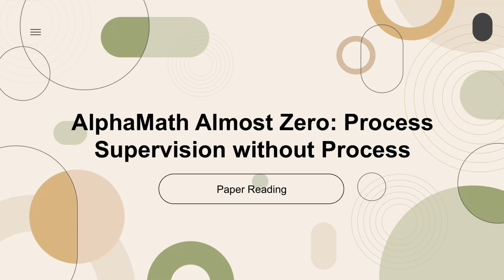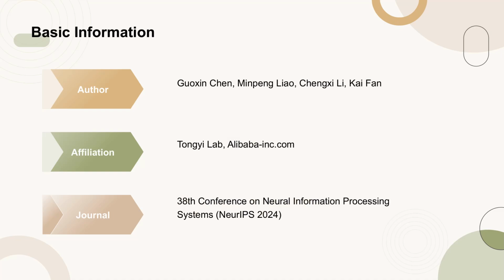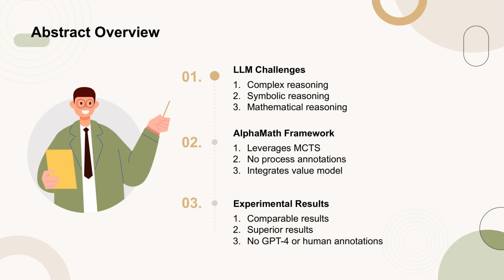Today's paper is titled, AlphaMath Almost Zero: Process Supervision Without Process. This paper was published at the 38th Conference on Neural Information Processing Systems, NeurIPS 2024, by Guoxin Chen and colleagues from Tony Lab. The abstract highlights the challenges faced by large language models, LLMs, in complex and symbolic multi-step reasoning,